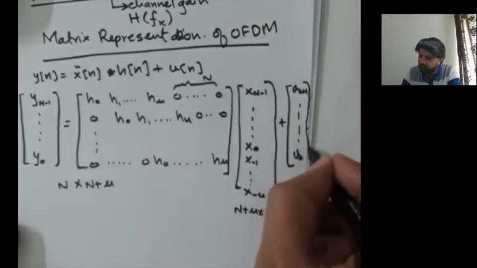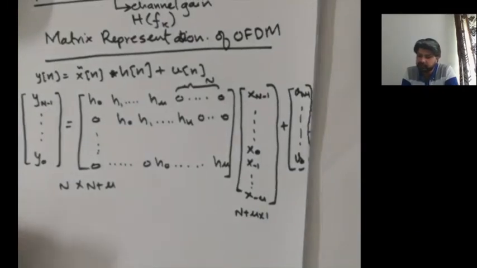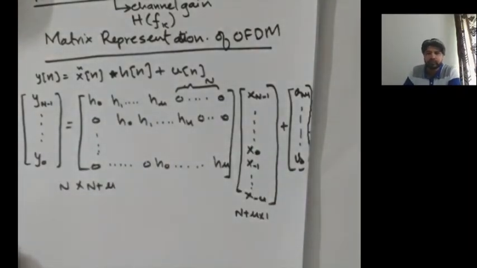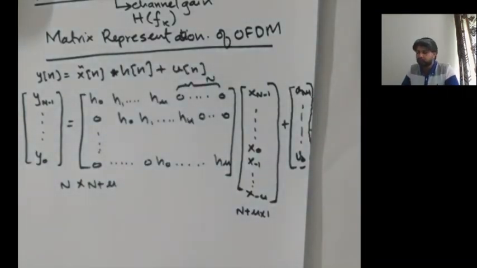That is what you require at the output. So this is your Toeplitz representation of the OFDM symbols. Because of the cyclic prefix, this is a linear convolution; we are not talking about the circular convolution here. This is the linear convolution of x tilde of n with h of n, and then you add the noise vector v of n. But now, you can see we have already removed the cyclic prefix here.